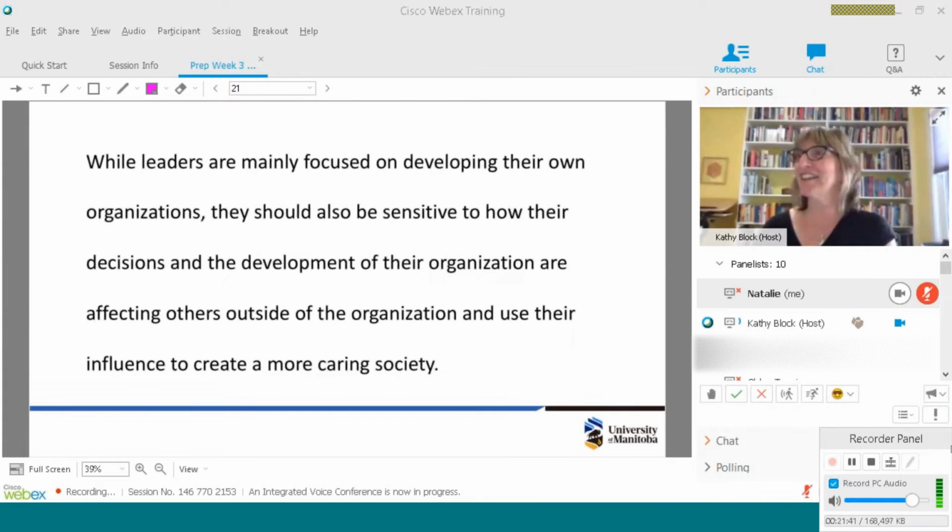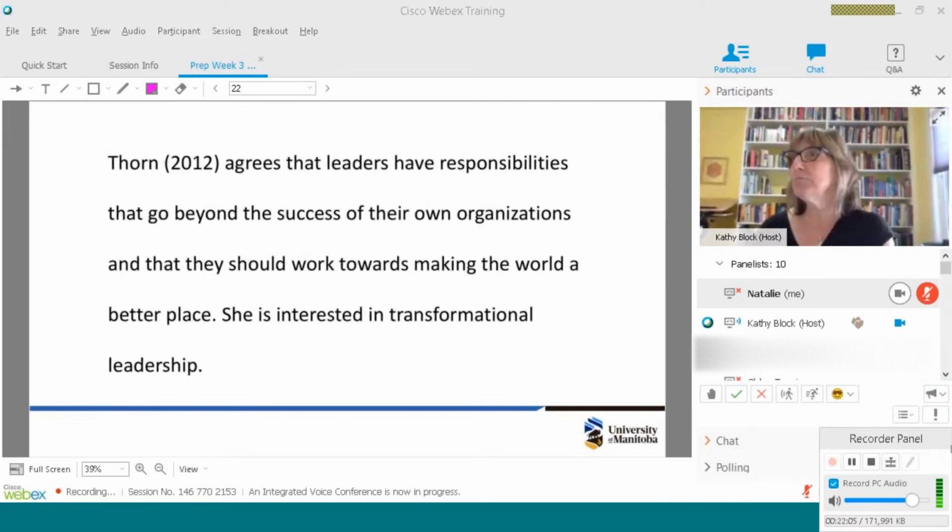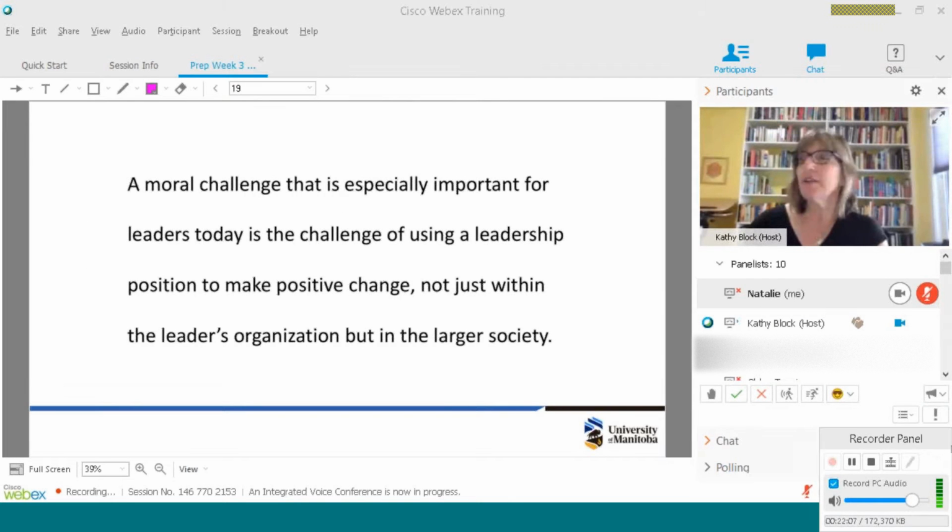And the last chunk that we're going to look at from this paragraph. "While leaders are mainly focused on developing their own organizations, they should also be sensitive to how their decisions and the development of their organization are affecting others outside of the organization and use their influence to create a more caring society." So we're going to go back now to the very first chunk,